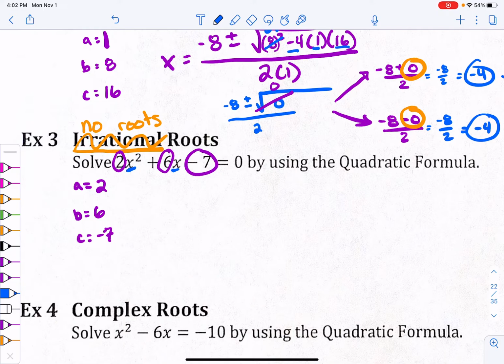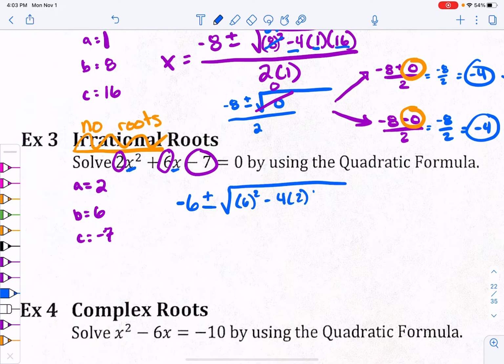So same thing again, we do negative b, which is negative 6, plus and minus the square root of b squared, which is 6 squared, minus 4 times a times c, all over